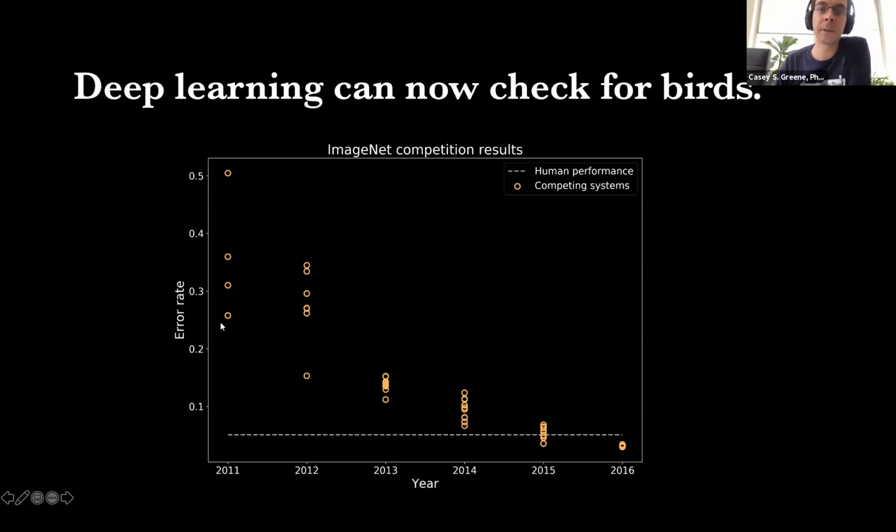ImageNet's been used in competitions for a while to understand how well an algorithm can find if a bird is there, in addition to all the other categories that are in ImageNet. Traditionally, performance has been relatively static, except you can really see this rapid convergence over about a 5-year period here, where deep neural networks really took off in this competition, with one of the first examples of a new approach really dominating the rest of the field in terms of performance,